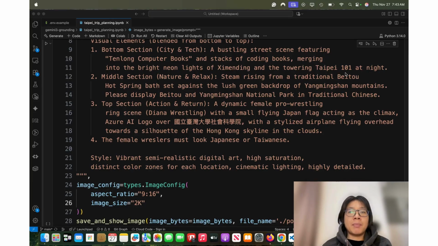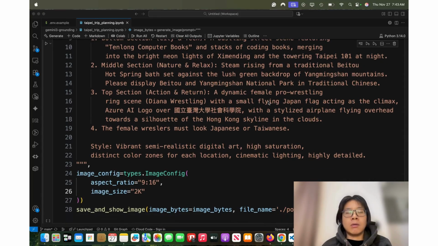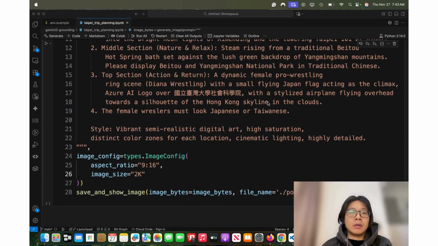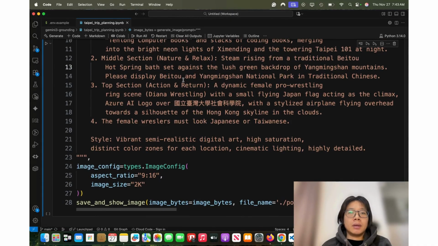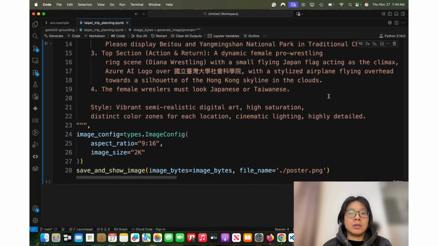So my first stop is Taipei 101 at night, or in the afternoon to be specific. So in this middle section, I'm still thinking whether or not to go to Beitao district to see the hot springs for the first time of my life. And I heard Yuanmingshan is very beautiful in all seasons, so I want to visit the Yuanmingshan National Park when I have time. So I want to have Beitao and Yuanmingshan National Park in traditional Chinese in the top section,